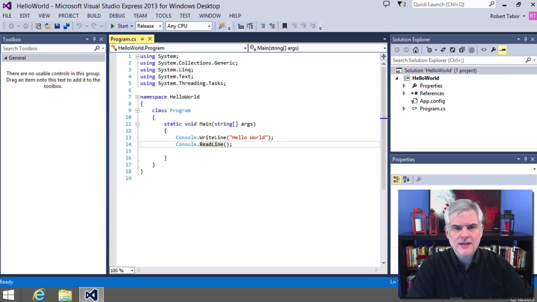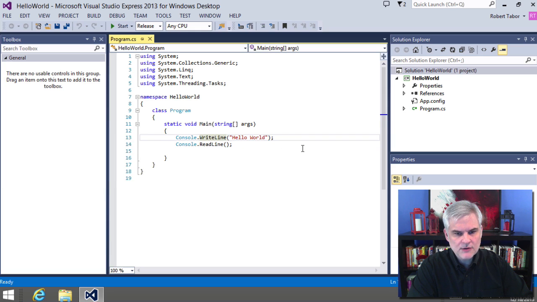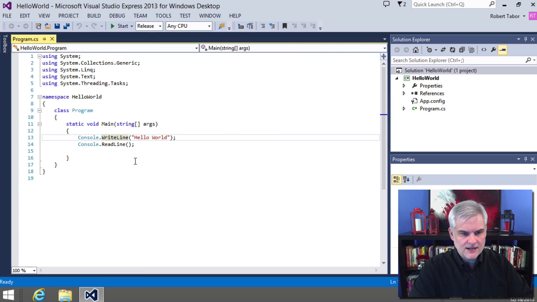So let's see how to do that. Let's set a breakpoint on our Console.WriteLine line of code that we wrote. So what I'm going to do is just put my mouse cursor over here in this column. Let's go ahead and get rid of the toolbox. I'm going to deselect the auto hide. Okay, so I'm going to put my mouse cursor